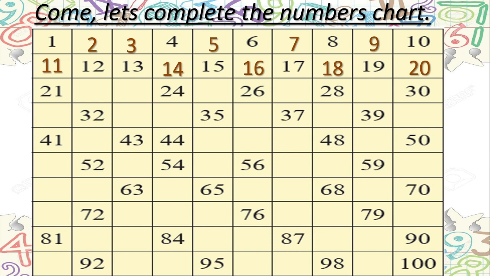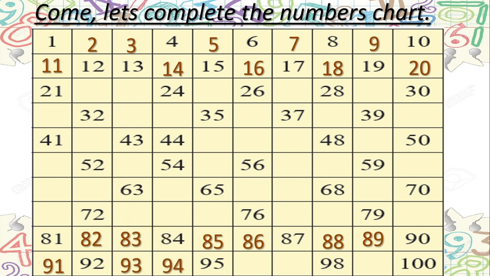Serial numbers. So we will go to the last two lines, that is 81, then comes 82, 83, isn't it? 84 is given, 85, 86, 87 is given here, 88, 89, then 90 is given, 91, 92, 93, 94, 95, 96, 97, 98, 99, then this is our last two digit number, right?